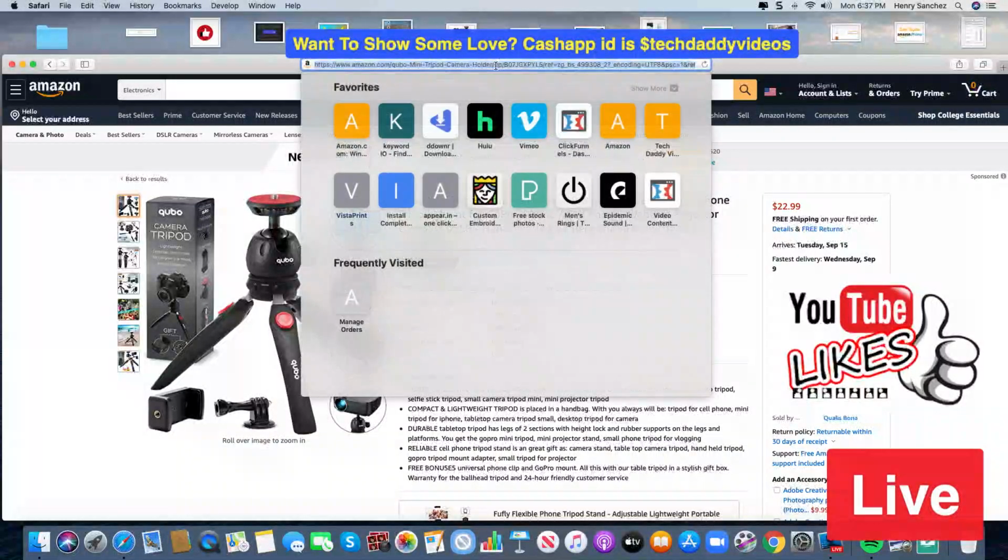I'm going to come up right here to the Amazon URL, and here are your 5 keywords. And you can do this, guys, for every single listing, and this will tell you what keywords are being found for even the best sellers. As you can see, this is the company name, and then you can see mini tripod camera holder.